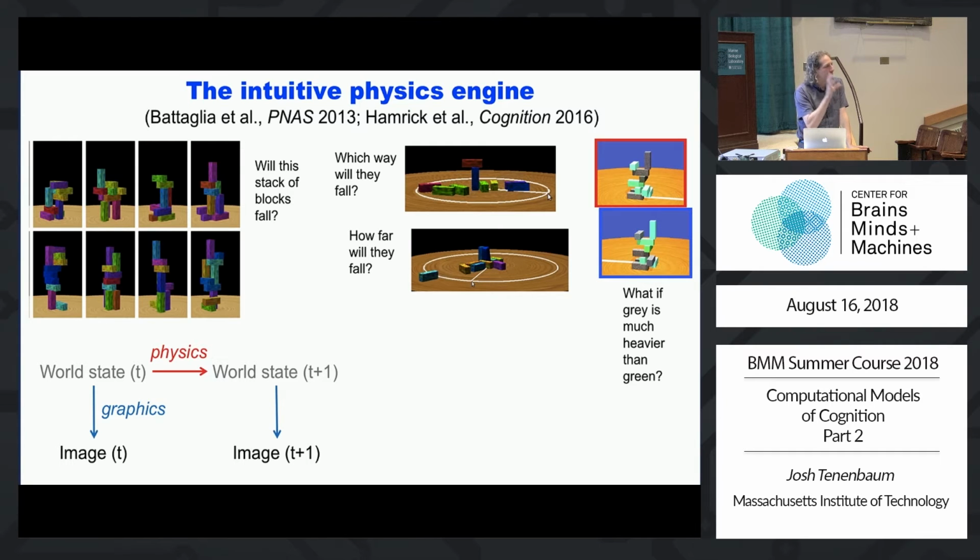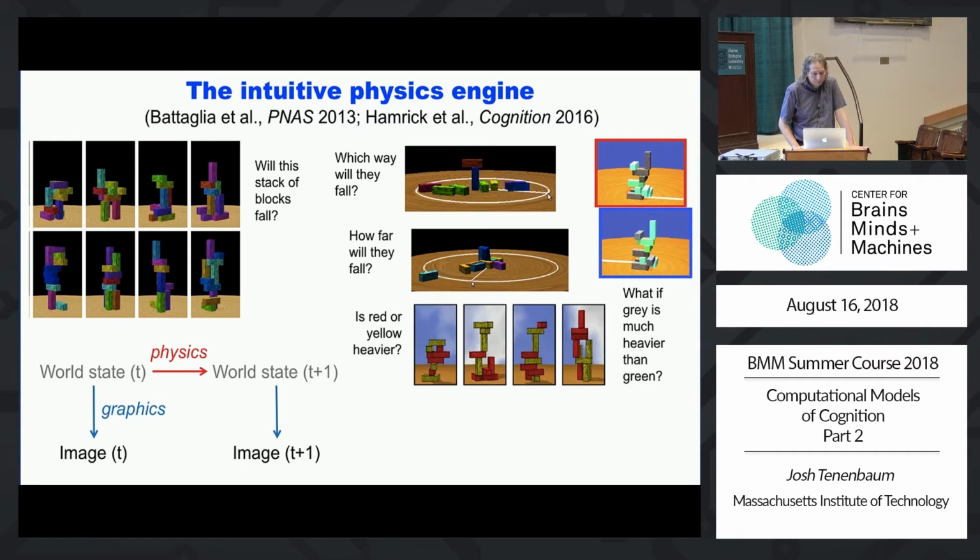language. When I talked about how natural language grounds out in these core physics representations, I can tell you, for example, that there's, as you see here in these scenes, 2 different color materials, and suppose I tell you that the gray stuff is 10 times heavier than the green stuff. Well, that should change your judgments. So if you look at that pair of blocks there, right, or this pair of towers, they have the same geometry, but they're colored differently, and people judge that they're going to fall in very different directions, and so does